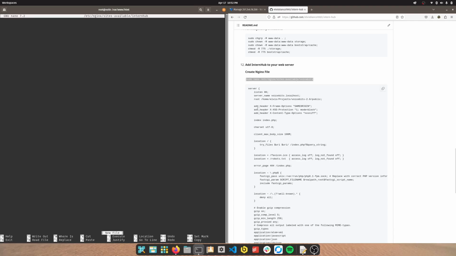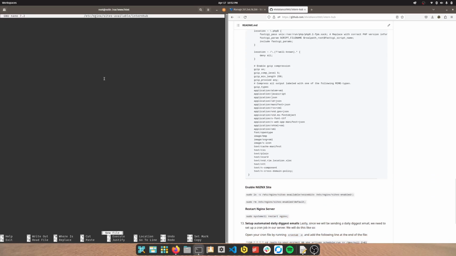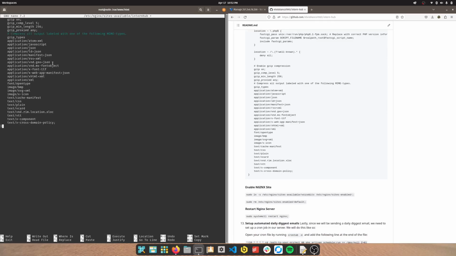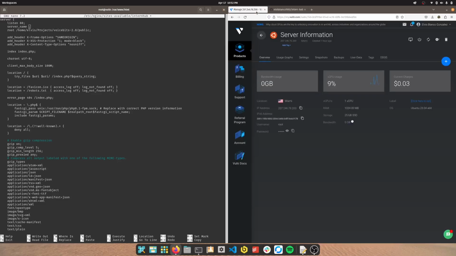And this is an empty file by default, right? So I'm just gonna go ahead and copy all this. I'm gonna paste it in here. And then I'm gonna change a couple of things. So on the server name, since we don't have a domain for these particular applications, I'm just gonna use the IP address. Then for the root directory, I'm gonna use our actual root directory, which is gonna be